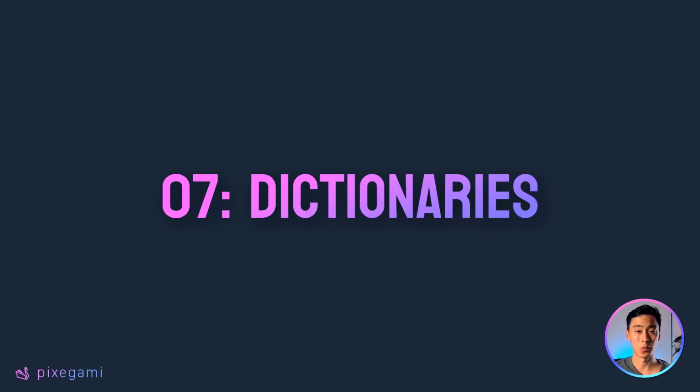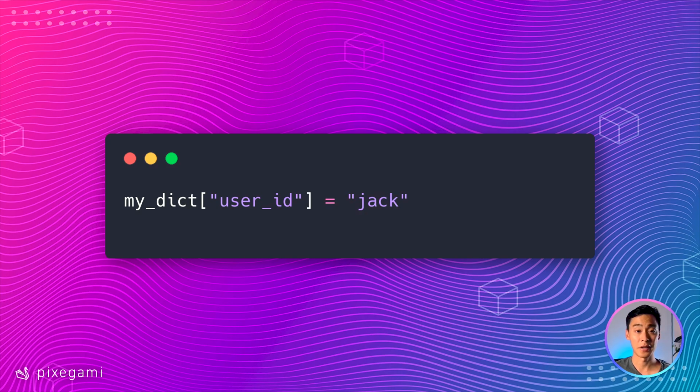In this chapter, we're going to learn about dictionaries. Dictionaries are a data structure that stores key value pairs. It's similar to a list in that it lets us store a collection of data, except instead of relying on the insertion order or an index to access individual items, we use something called a key. And here, a key is a unique identifier that we can use to access a value in the dictionary. It can be any arbitrary value, for example, a string like user ID.